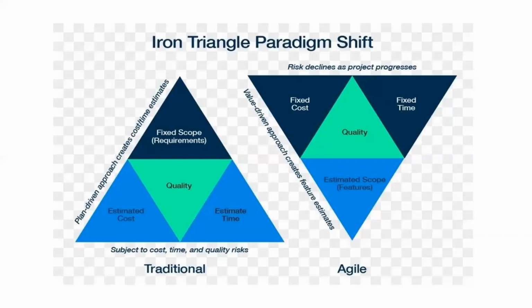Also, in traditional project management, there's what we call the triple constraint: cost, time, and scope. Those are the three sides of a triangle that are always pulling against each other in project management. So if you want to reduce your cost, that means you might need to spend more time on the work,